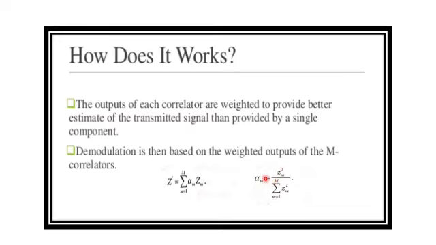Once the signal is corrupted by fading, the receiver cannot correct the signal if it uses only one correlator. It is not able to reproduce or reconstruct the original signal. But in the case of the rake receiver, it uses multiple correlators. Thereby, if any one correlator is corrupted, it uses the signal from other correlators to reproduce or demodulate the original one.